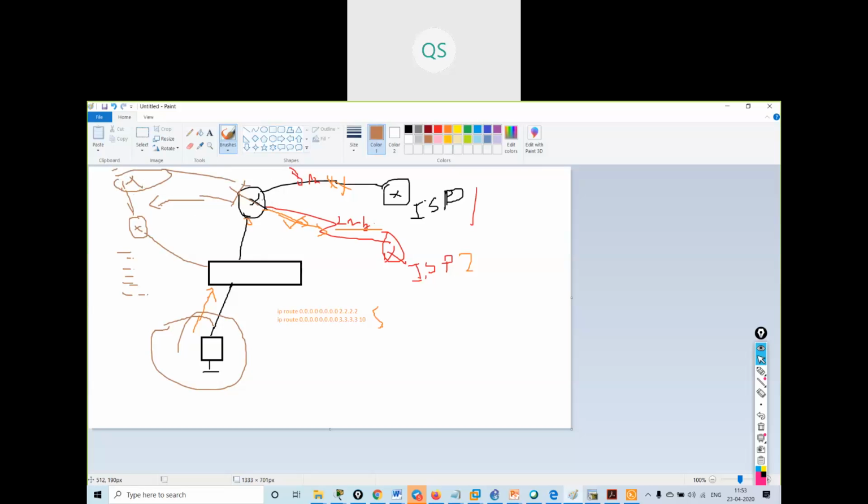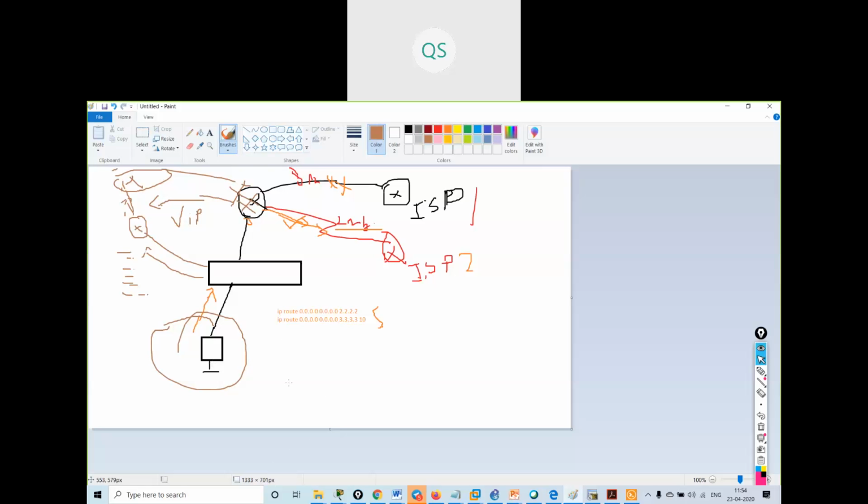Okay. Now, if suppose my this router goes down, automatically this standby router will take the charge. Within a second, this standby router will come up and it will give the access to the internet for these users. Okay, so what we will do, we will create a virtual IP address over here, and through this virtual IP address, my clients will get the access of the network. Understood?